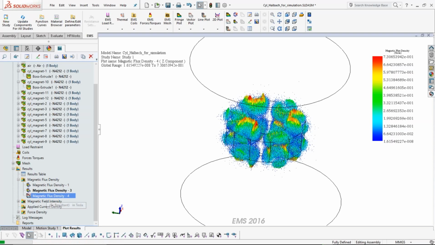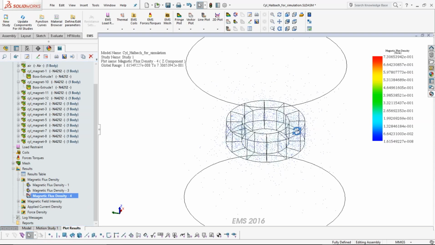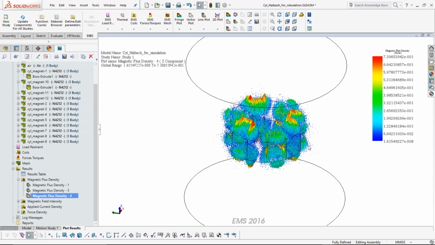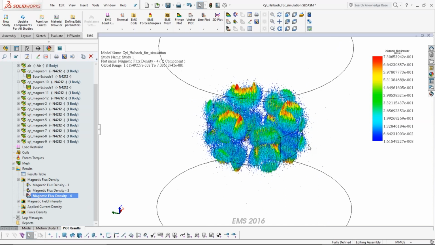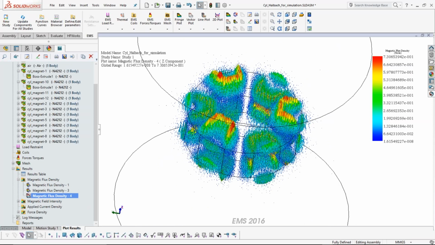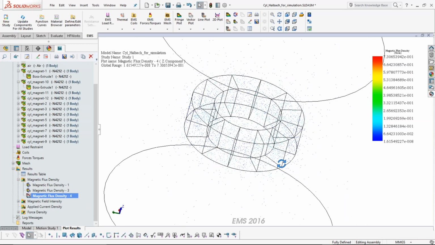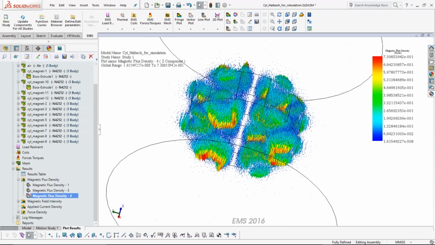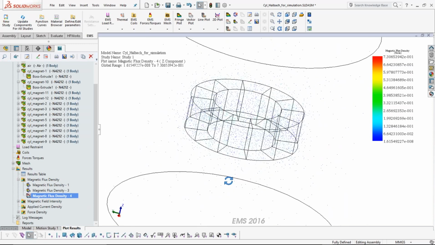So we're going to take a look at the magnetic flux density distribution due to this arrangement of magnets as vectors. As you see here, there are three lobes, the three vectors that are dominating here out of these 12 magnets, and then there will be 3 in the bottom. So pretty much this